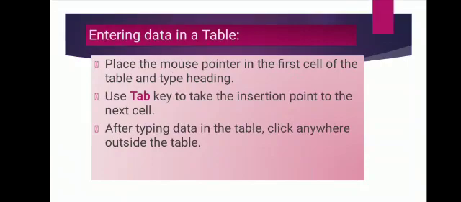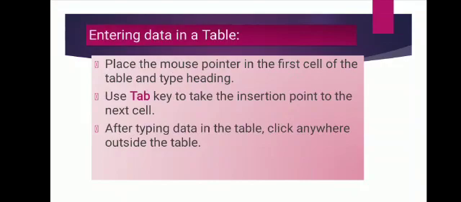Now one word we will use, cell. A cell is an intersection of row and column. That basically is one box as we show in Excel, that is known as a cell. And if you want any help in MS PowerPoint, the F1 key is used. The F1 key opens the help window in PowerPoint 2010. Now when you insert the table, the next step is to enter the data, means how to enter data in a table.